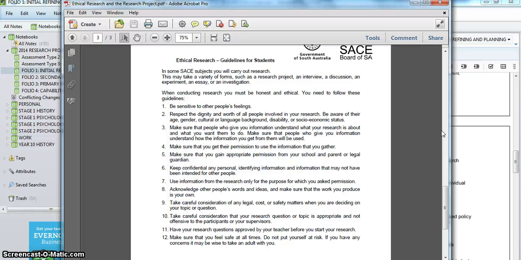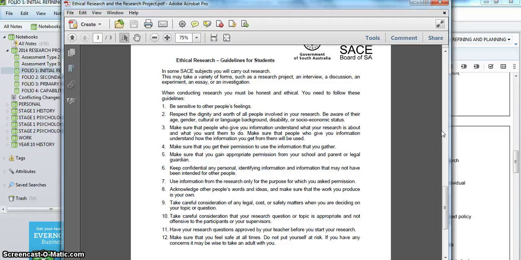In another realm of the research project, you'll also be using other people's information. You'll be using things that other people have put up on the internet or in documentaries, in YouTube clips, and so it is ethical not to plagiarize another person's work. It's ethical not to pretend that somebody else's work is your own. So you need to acknowledge your sources. You need to get permission to use particular images. If you're using images or music within your outcome, you need to make sure you acknowledge that when you're quoting somebody else or when you're using somebody else's ideas or another person's source, that you make sure that you reference